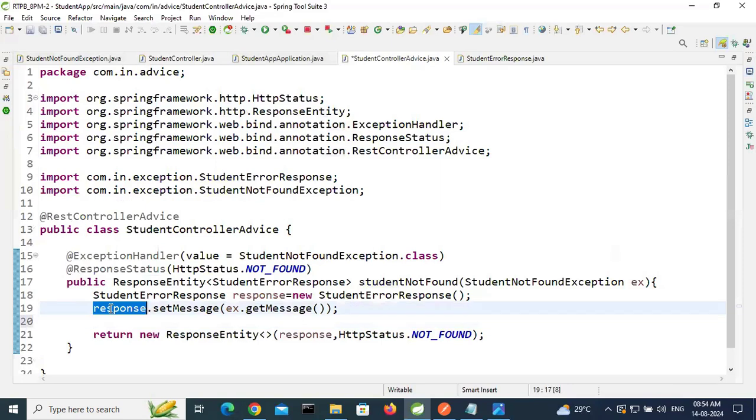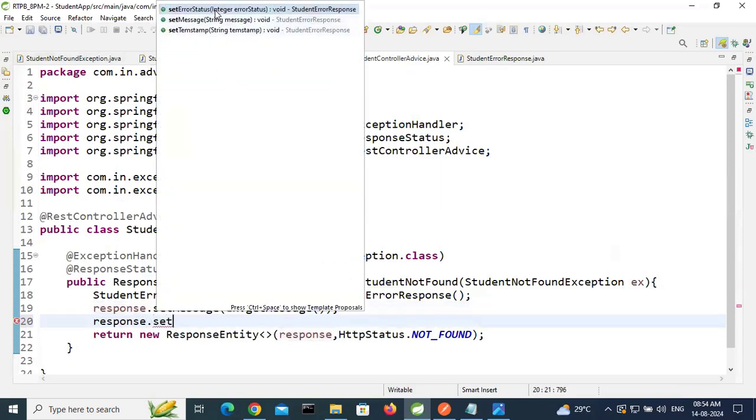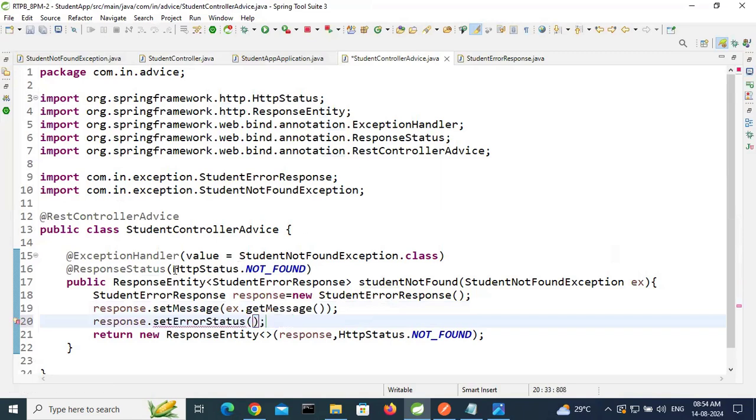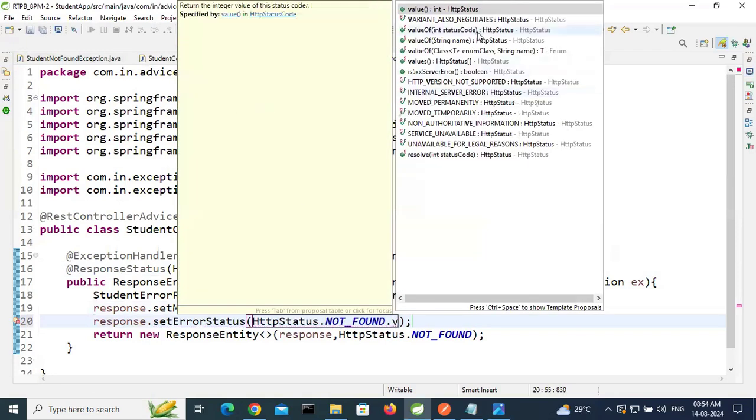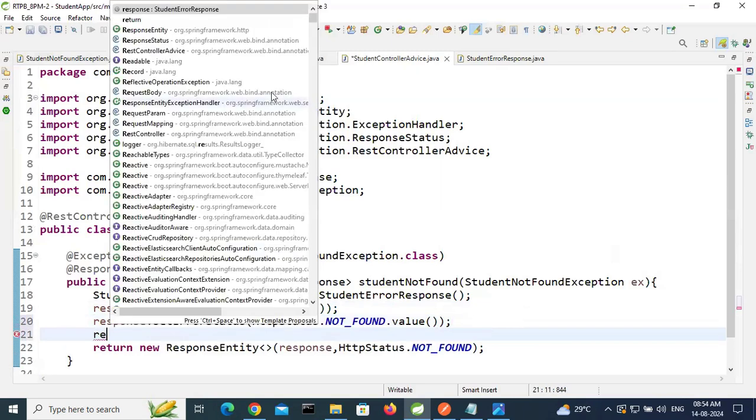Here the response is there, right? Response dot set error status. It is expecting an integer value. Remember, it is expecting an integer value. The value method is there, and it is returning int. This is ready. After that, response